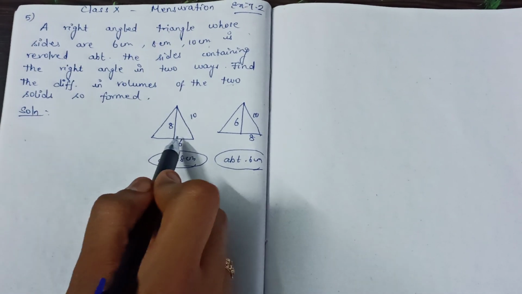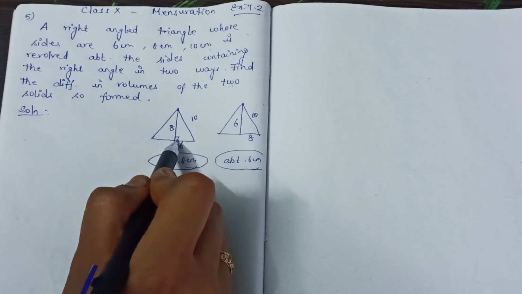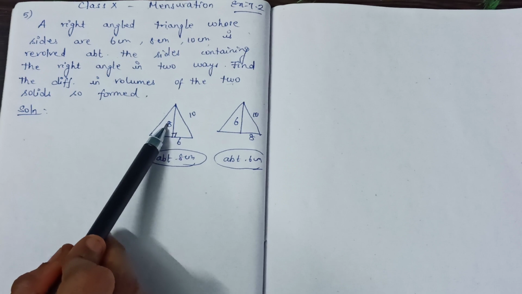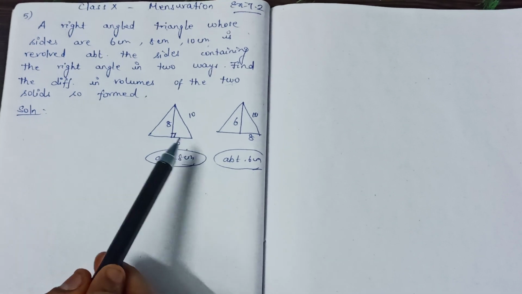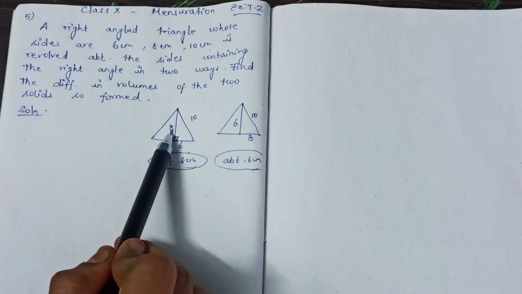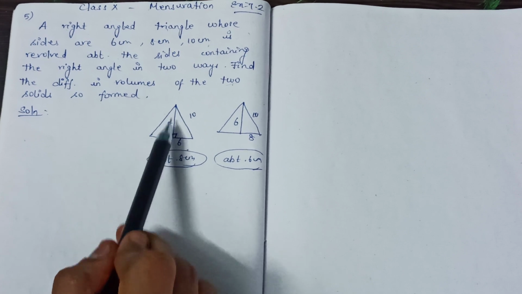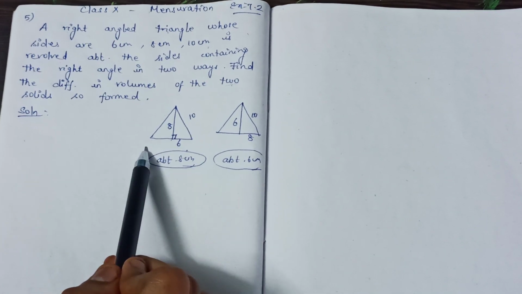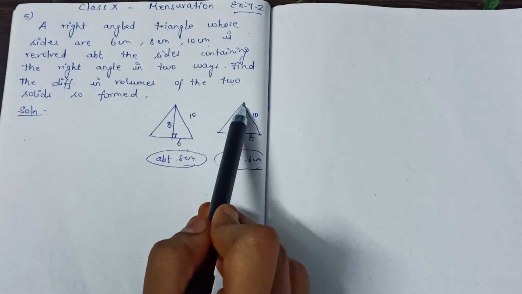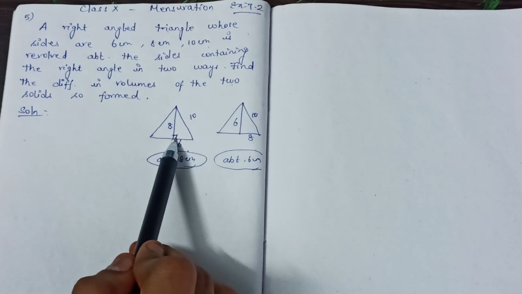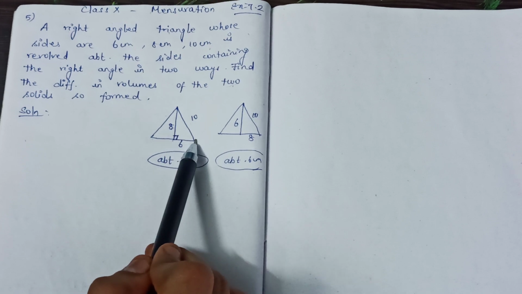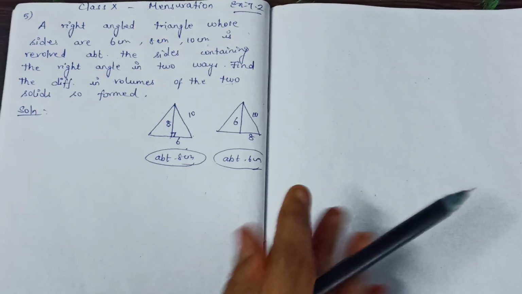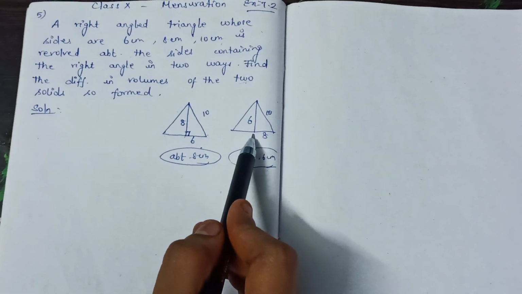So here the right angle means this is a right angle, right? So that means we have to revolve about the sides 8 and 6. So when we want to revolve about the 8, this height 8 should be kept fixed. Then only we can rotate the other side. In the same way, about 6 means the side 6 should be kept fixed. So we have to rotate the other side. Okay, so here goes the diagram like this.